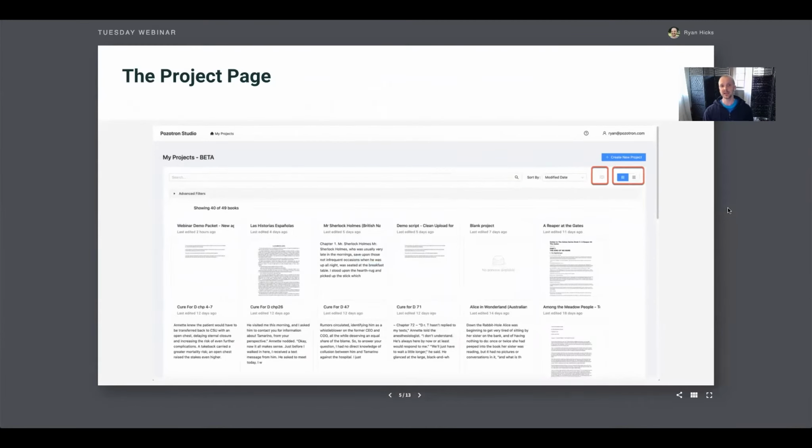Okay, for brand new people, the project page, when you log in, it's the first place that you go. Your page is going to be blank when you start, and we have some really nice basic tutorials about creating a new project. The updates, for those of you who are looking for them, are going to come over here in these red boxes. And this should be the last week that we're in beta. Right now, it can kind of kick you back and forth into two different views of this front project page. So if you don't see something that looks like this, you have to make sure that you're in the beta version, which means it will say /beta